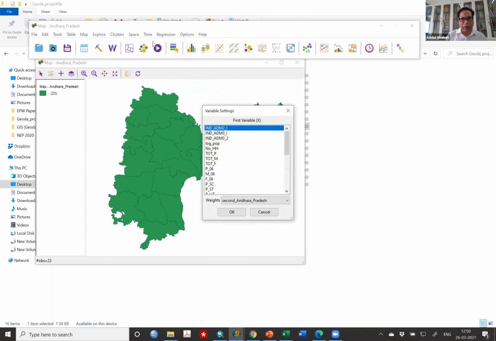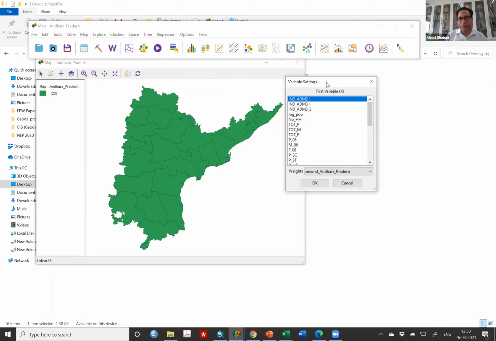So univariate Moran's. Now, which data do you want to check for spatial association? For example, female literacy rate, or percentage of scheduled caste population, or scheduled tribe population. For example, I take scheduled tribe population, the ST population.